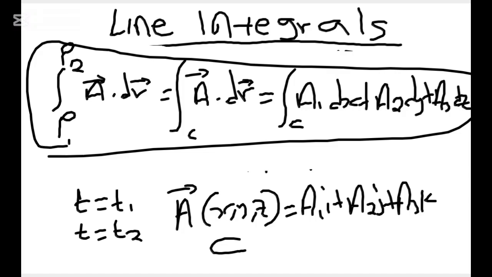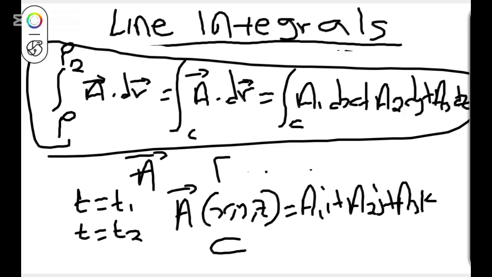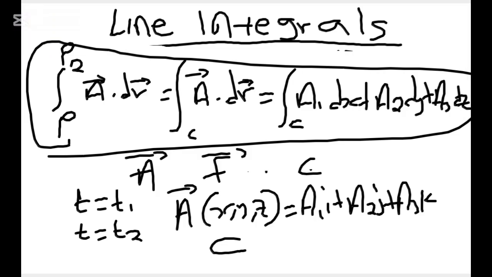Okay, what I write here is an example of a line integral. If vector A is the force of a particle that is moving along C, then the line integral will represent the work done by that force. But for instance, if curve C is a closed curve, what I mean by closed curve, which is assumed to be a simple closed curve, is a curve that does not intersect itself anywhere. So then the integral around this curve